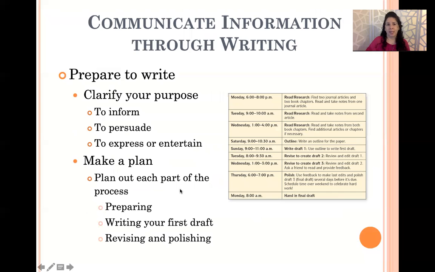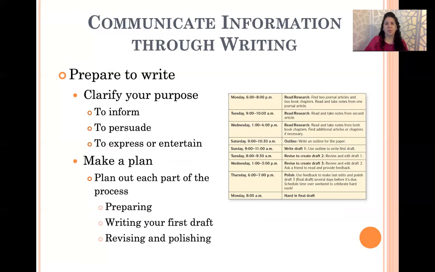Communicate information through writing. This is a big one. This is what we do. Remember I mentioned before that when I was doing my doctorate degree at UOP, the way we communicated was through writing. I never took a test. I never had to do anything of that nature. I had to write. And the writing is what you were graded on. Sometimes for a whole semester, all you had to do was write one paper. Now it was probably a 50-page paper, but that's all your grade was based on, one paper. Therefore, you had to make sure you did this, communicate through writing.